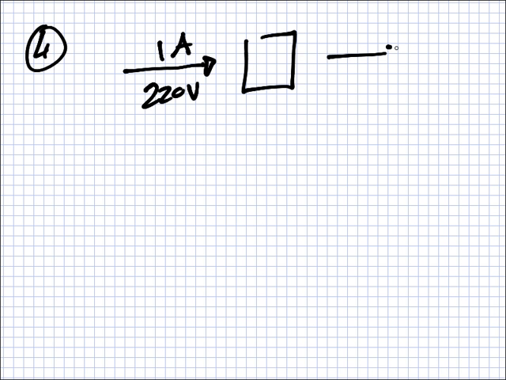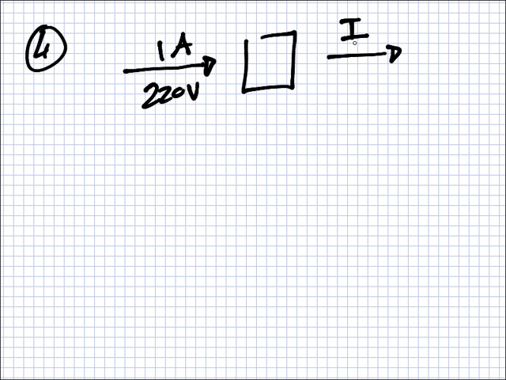Question 4. A transformer with 100 turns in the primary and 10 in the secondary is 90% efficient. The primary supply is 220 volts. What is the current in the secondary if there's 1 amp of current in the primary? Let me just draw this to make it a little clearer. What you have going in is 1 amp at 220 volts. It goes into the transformer and it comes out at a different current, we'll call it I,